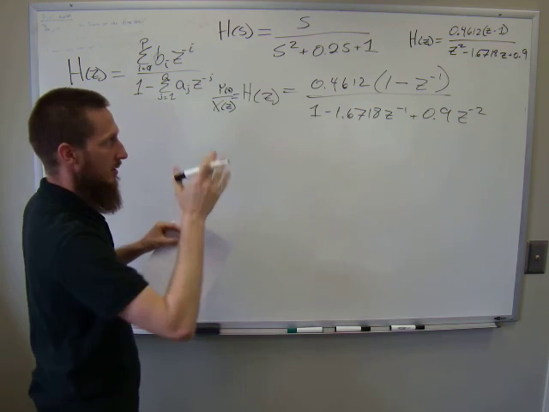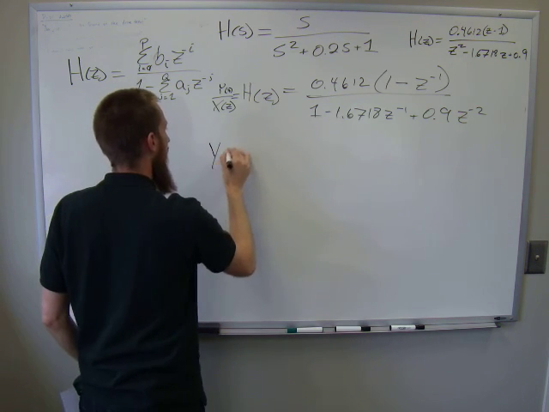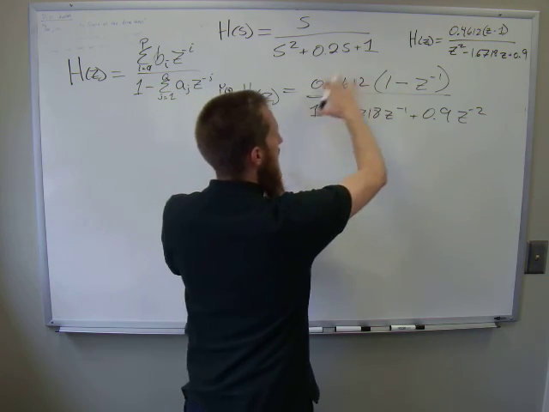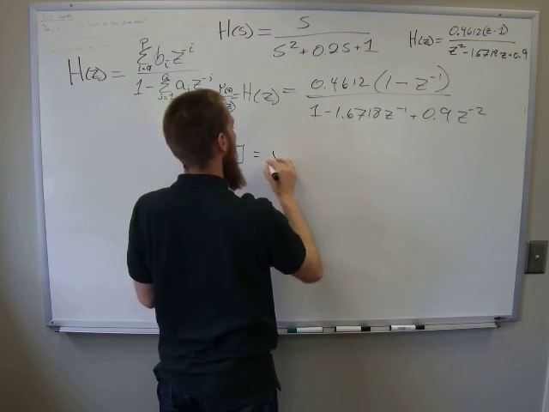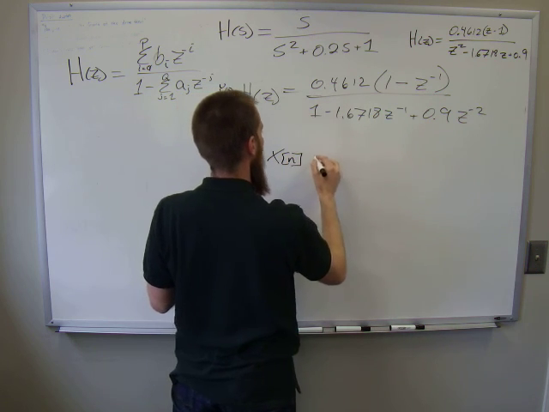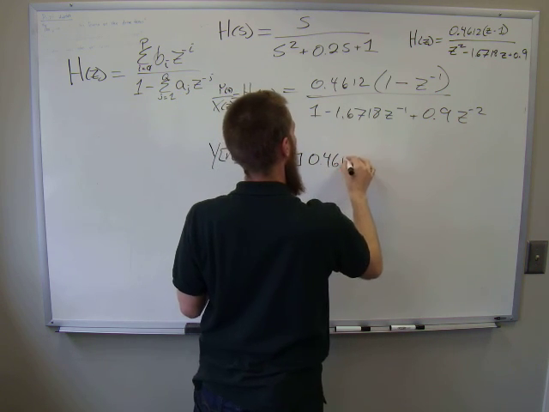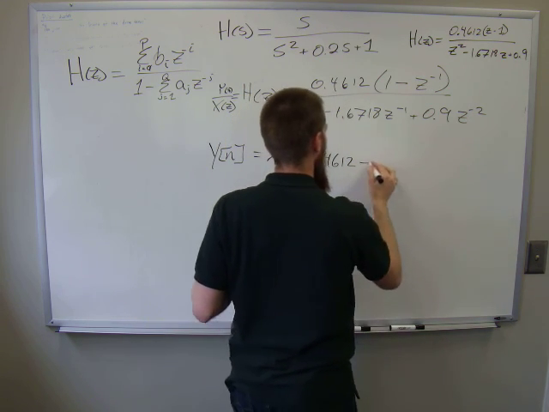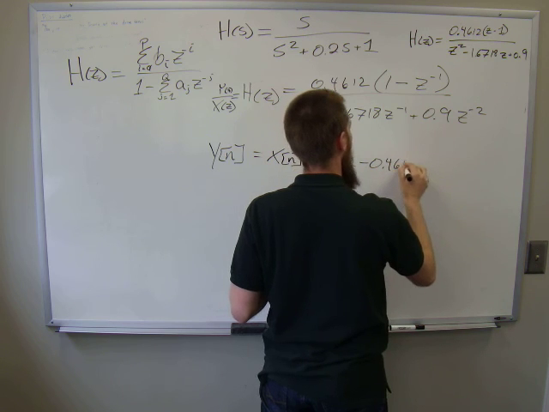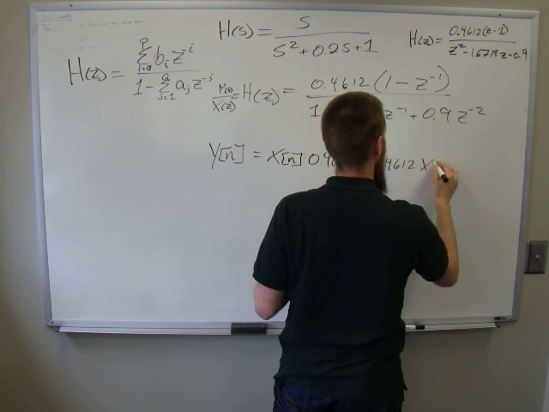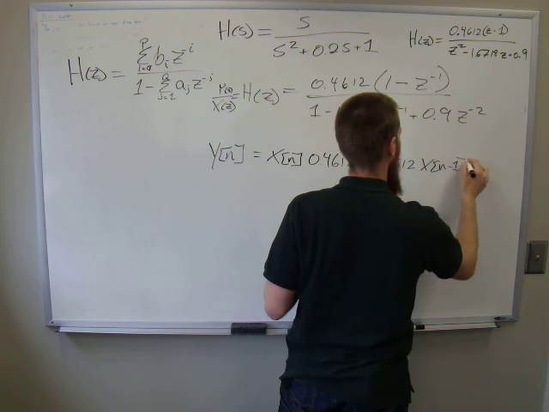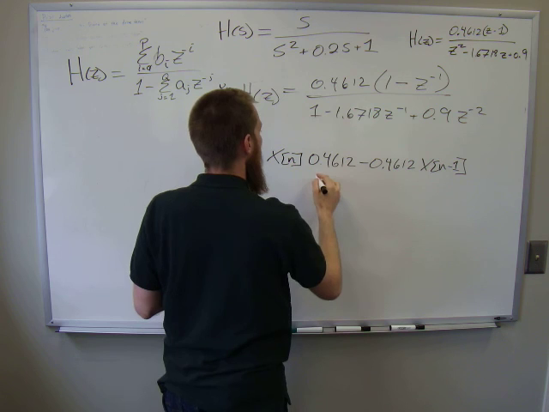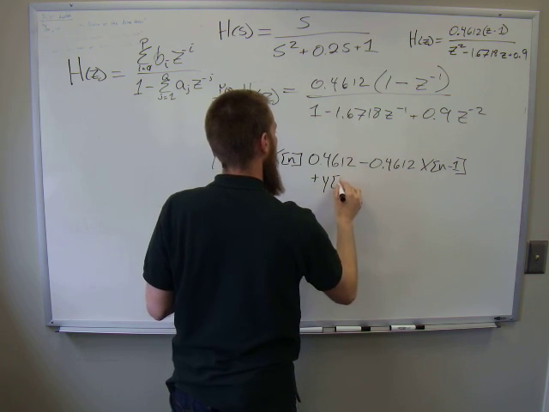So now I'm just going to skip to the end and say that y of n is going to be equal to, this gets distributed through, so we have 0.4612 x of n minus 0.4612 x of n minus 1. And then these come to the other side, so then we have a plus y of n minus 1